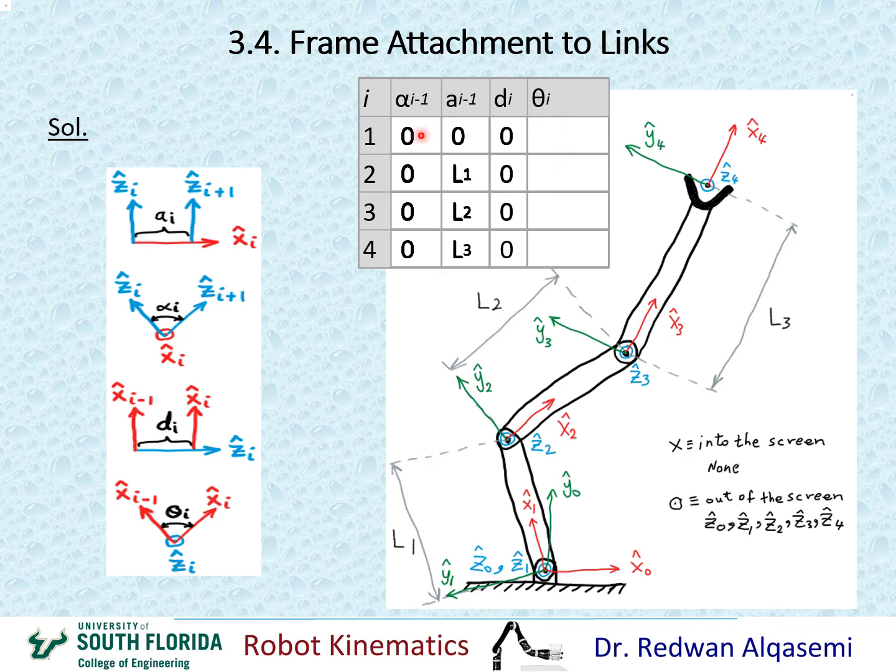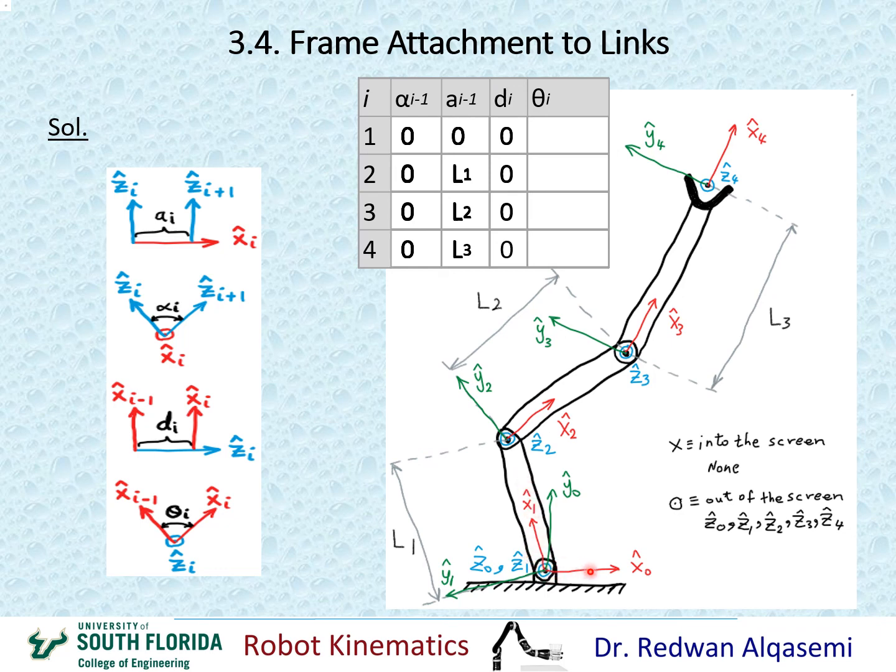Now let's move on to theta. When I equals to 1, I'll be looking at theta I. So that would be theta 1. This is the chart for theta. So for theta 1, I'll be looking at x0 and x1 about z1. This is x0 and this is x1, and the angle between them about z1, which is coming out the screen